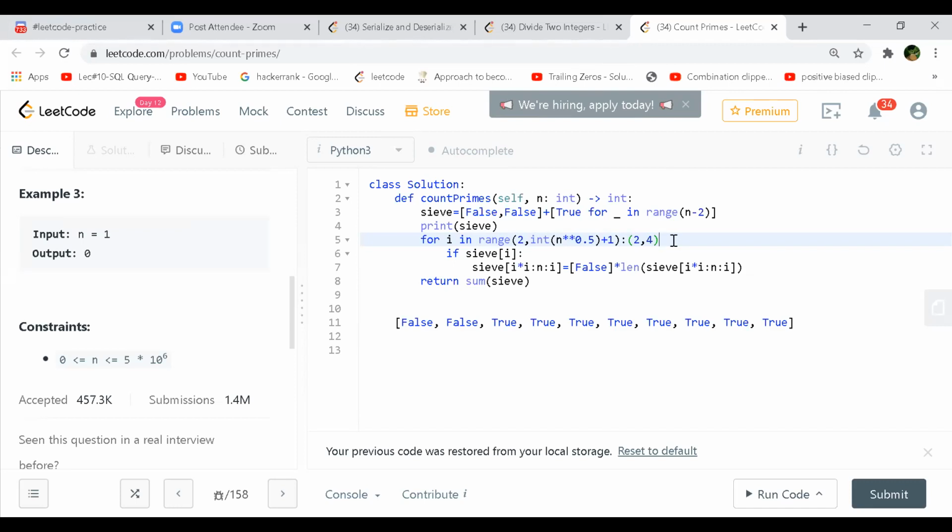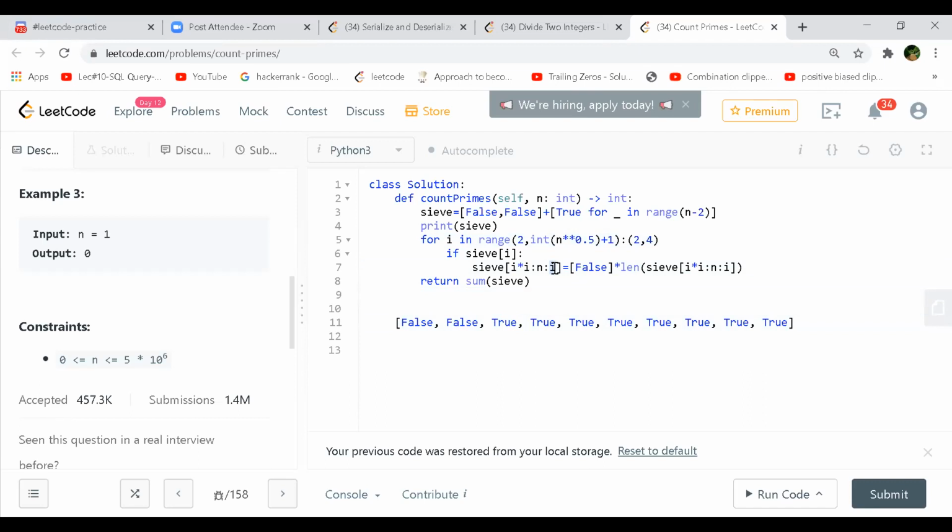So now in that case, when we are actually running through that, it will be 2, almost. You are going the first 2, so 0, 1, and 2. 2 is true here. So then what you are trying to do is find if that value, 2 multiplied by 2, will be 4. And what are the other things you're trying to do? Up to n, you will go with a step size of 2. That means all those things you are going to make false.